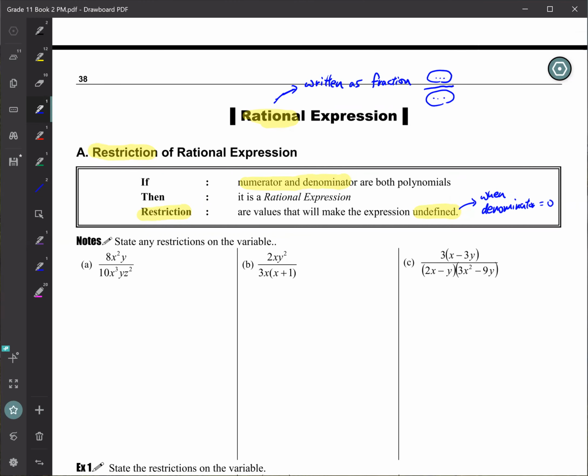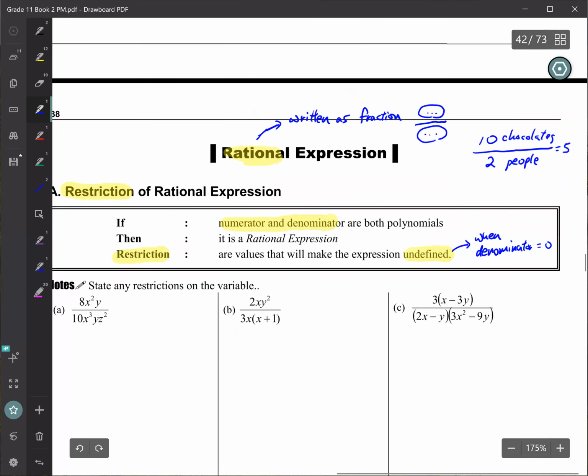Because dividing, if you put it into a word problem, one word we can say is to share. For example, you have 10 chocolates and you want to share, so you divide by 2 people, sharing with 2 friends. Each of your friends will get 5 chocolates, 5 each. Now, if I write it as 10 divided by 0,